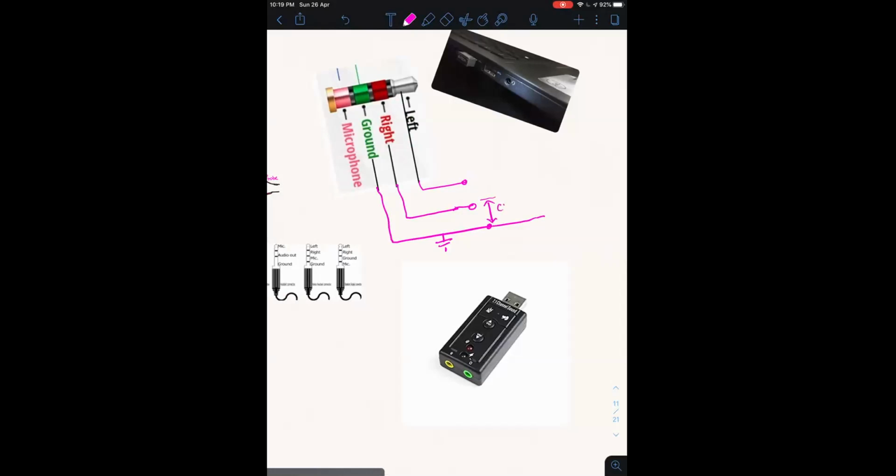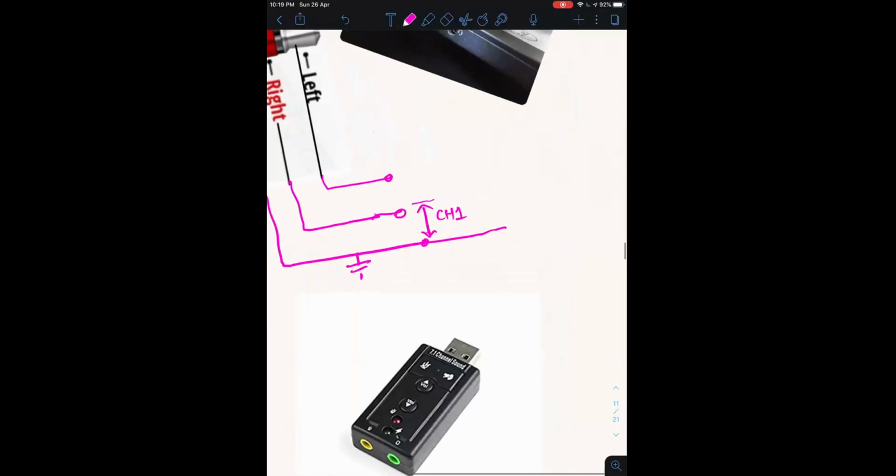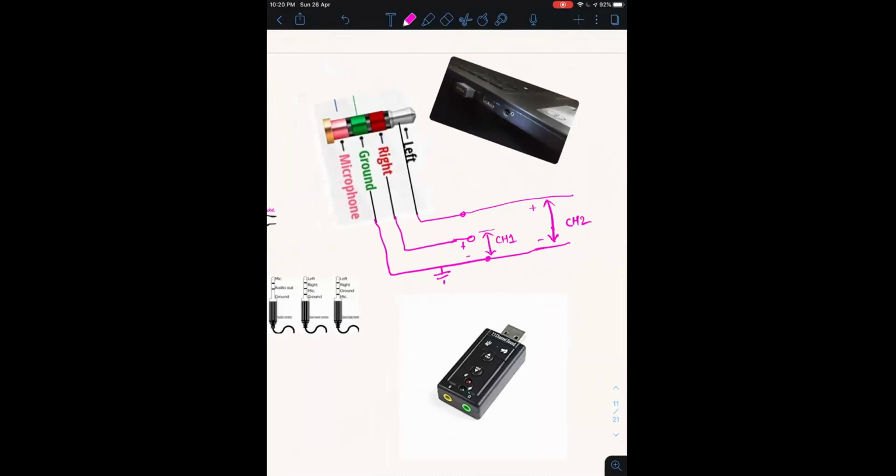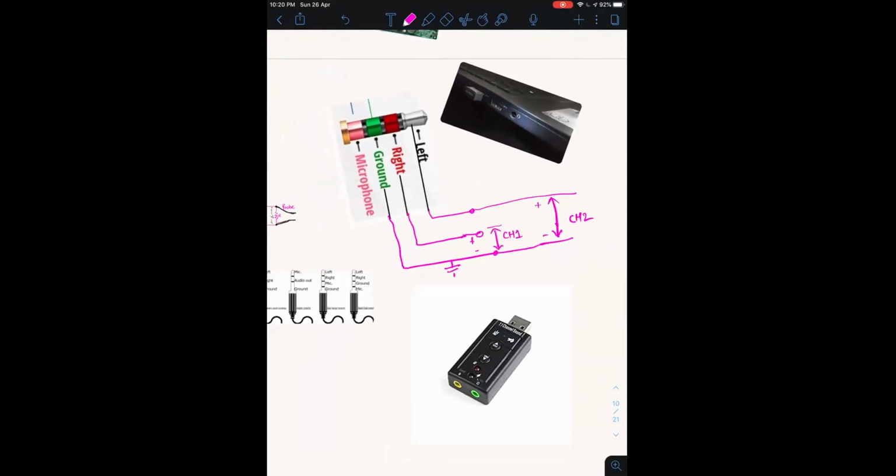This will go to channel 1, and the second voltage for channel 2 we can apply to this port. So this will be connected to channel 2. So we have to make a circuit which can do this job.